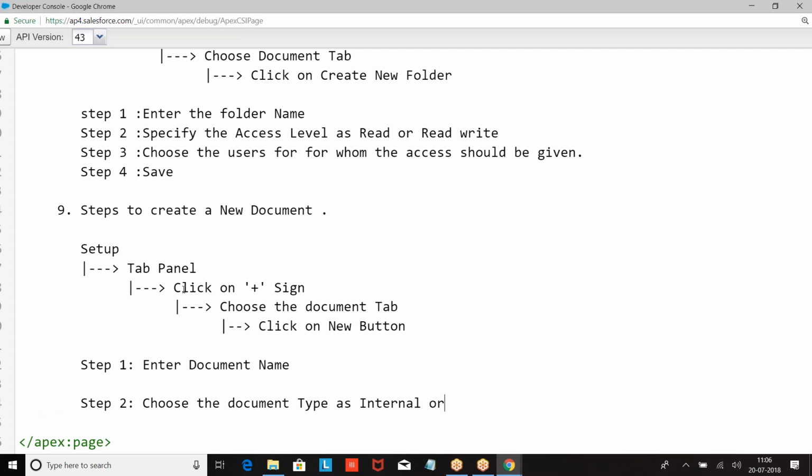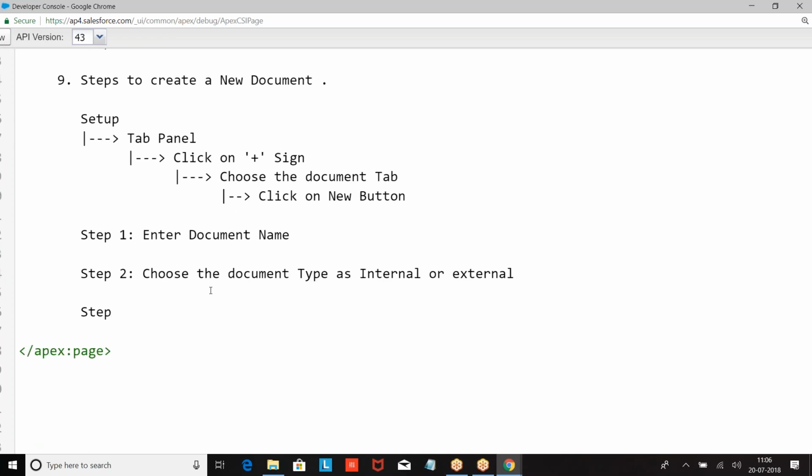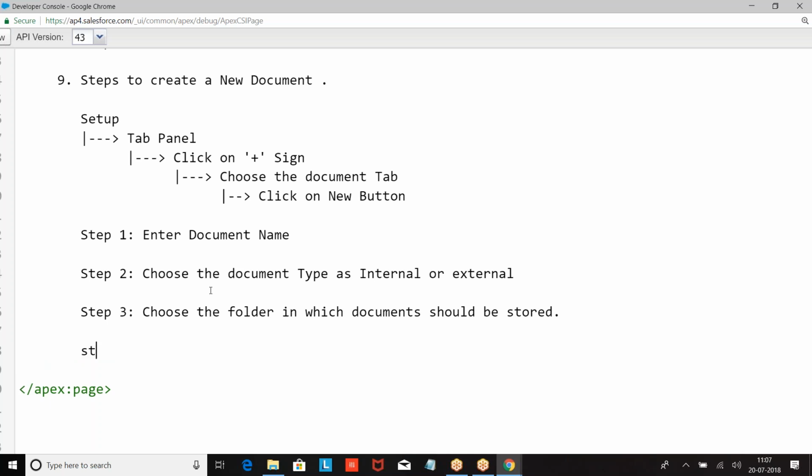Choose the folder in which the document should be stored. Then choose the file, enter the keyword.